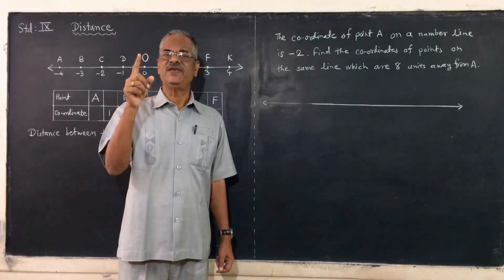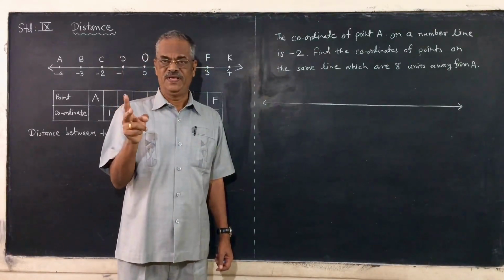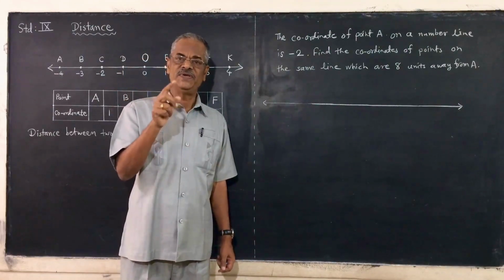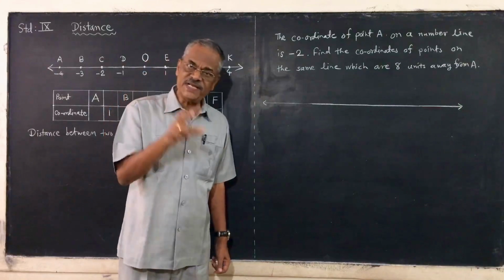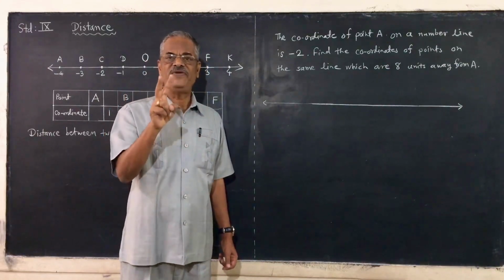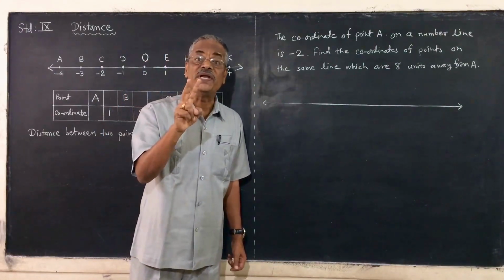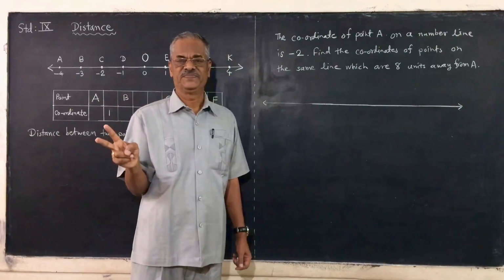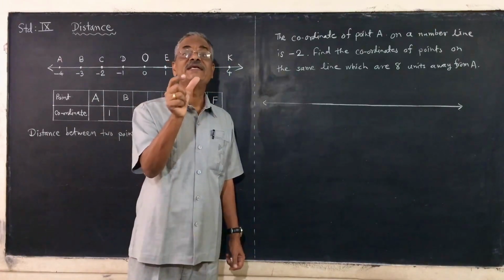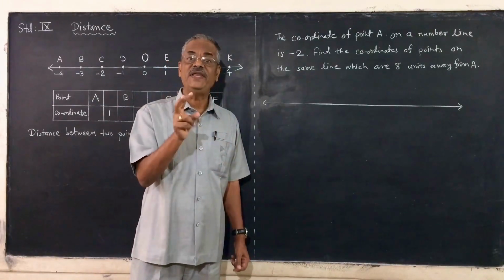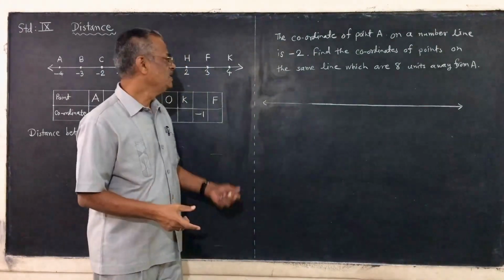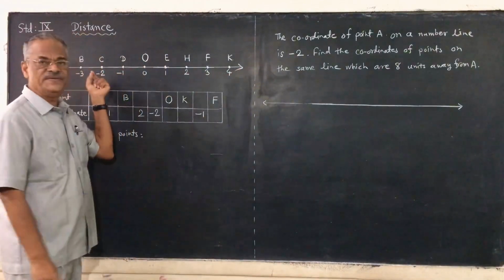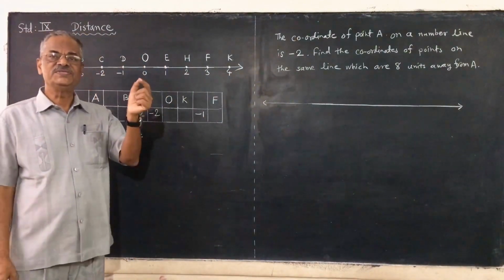Distance between two points. Of course, we are taking the number line here, and on the number line, when we consider two distinct points, we know that there is a distance between two different points. So, on the number line, if we use the numbers,